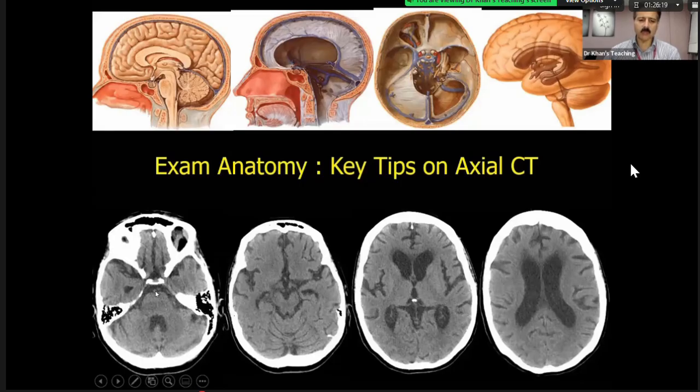Please remember my words. In each and every case in the exam, this should be your checklist. Is there a thrombus sitting there or not? Particularly if the clinical is an unconscious patient type of thing. Thrombus in the basilar artery. Then this is one cistern which is known as the prepontine cistern. This cistern is the cerebellopontine angle cistern.